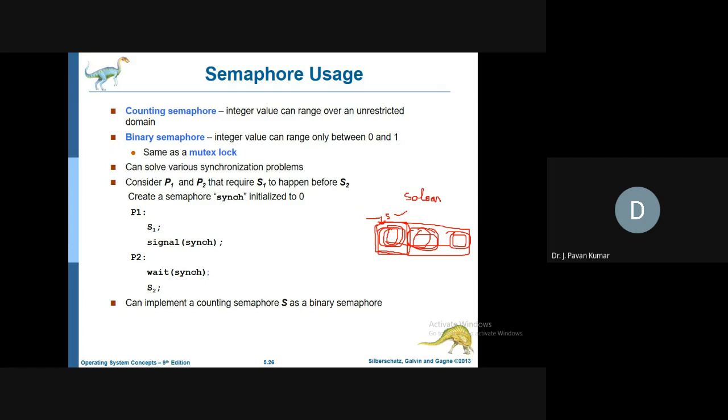So in that particular case, we will be maintaining the count. If the count reaches 3, then we cannot enter. So that is nothing but an application of the counting semaphore. Not only this, there are several applications, like consider we are having a pool of printers. Every time one print job will be taken by one printer.